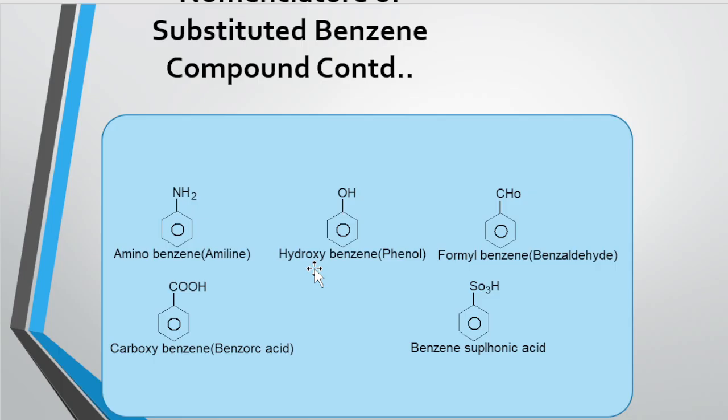If the benzene contains COOH, it is called carboxybenzene, which is called benzoic acid, and you can clearly see the name of the structure of benzene sulfonic acid here. Okay, now